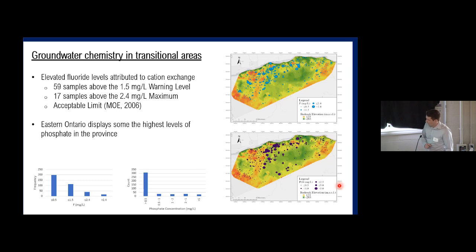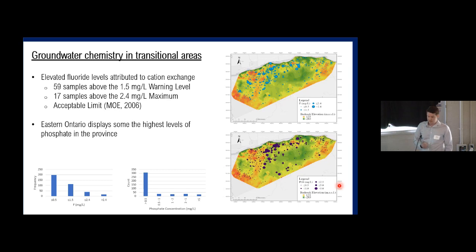Something else that was quite interesting was looking at some of our trends in that transitional area. So we talked about the bedrock depressions, our bedrock topographic lows, and our topographic highs. But there were also some interesting trends in that transitional area. If you think of this from a redox perspective, we're going from more of an oxidizing environment into a reducing environment. And within that transitional area, that was where I really observed quite a lot of the elevated fluoride